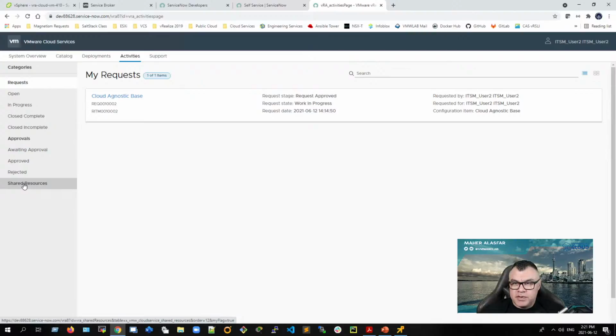And I'm not 100% honestly sure if this user portal at one point is going to be deprecated or not. Right now, as of 8.3, the user portal is configurable. You can configure it and use it, but I have no idea. I'll follow up with the product management and the business unit to see. I think the user portal should stay. I mean, it should be an option for the customer, but also you've got to think about the development